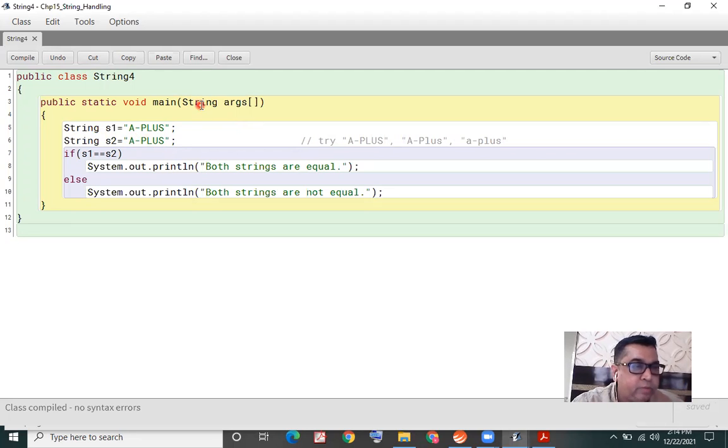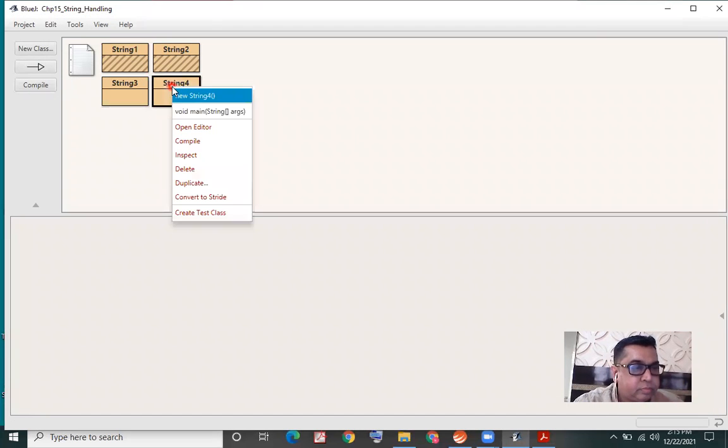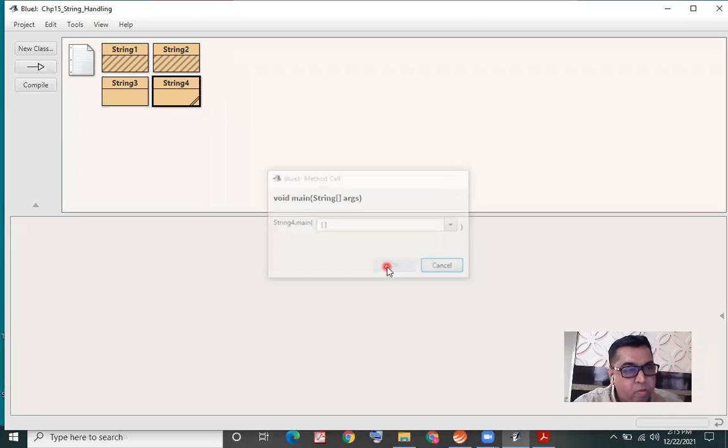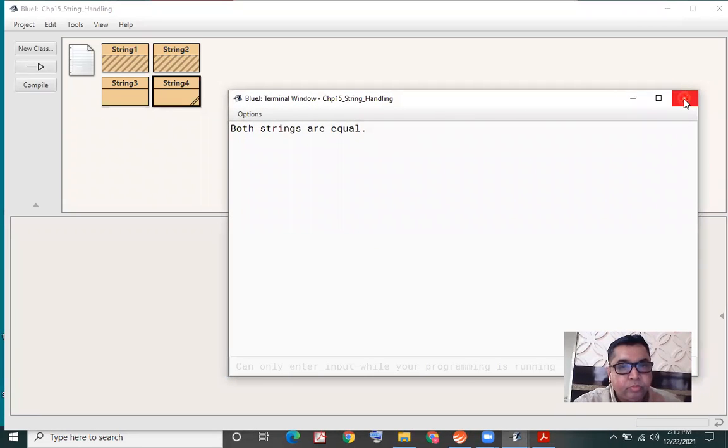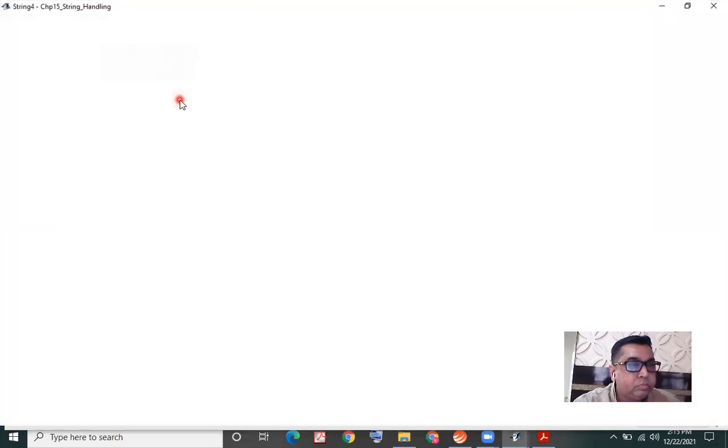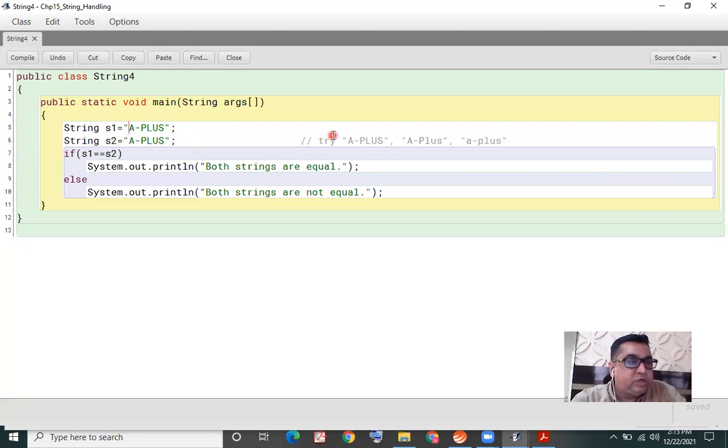Let me correct the S2 string back to the capital letters. I'll just change my string.